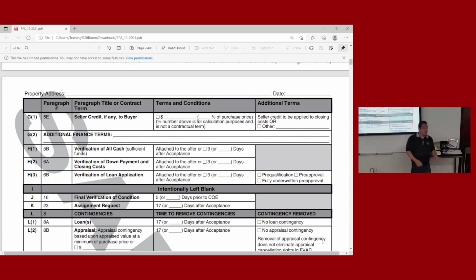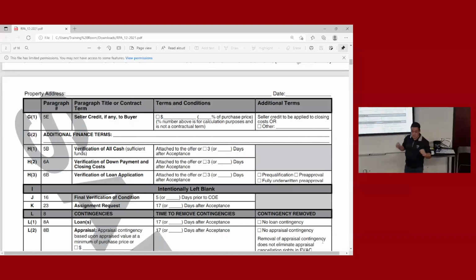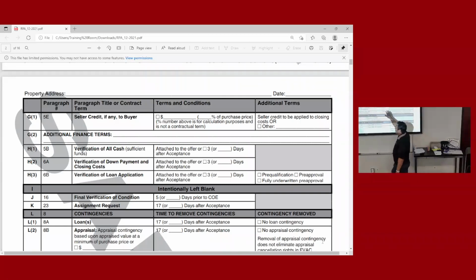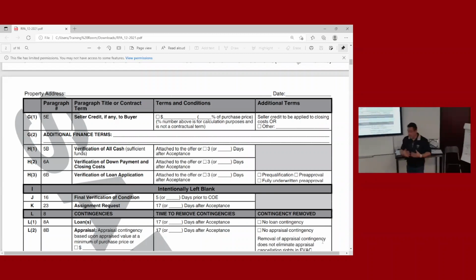Some lenders want their lender credit to say toward the buyer's recurring and non-recurring closing costs. If your lender wants that, then you need to check the box and put recurring and non-recurring. Got it? Clear as mud? And then we still have additional finance terms, although now that we have all this other stuff, I'm not sure what you'd put in there, but